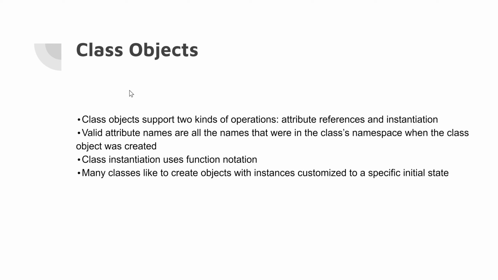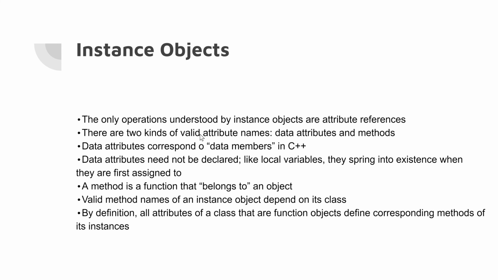Class objects support two kinds of operations: attribute references and instantiation. Valid attribute names are all the names that were in the class namespace when the class object was created. Class instantiation uses function notation. Many classes like to create objects with instances customized to a specific initial state. The only operations understood by instance objects are attribute references and